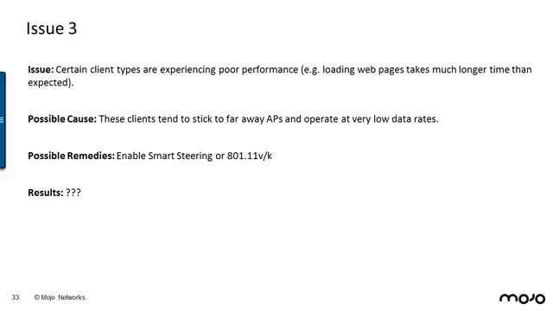The client would operate at a higher data rate, and that would improve the client's performance. But also, when you get all the clients operating at high data rates, that improves the aggregate capacity of the cell, or that AP, that radio in general, right? So one of the things you could do is enable smart steering or 11k and v if the clients support it. But smart steering is something that you can do even if the clients don't have support for k and v. Again, that'll keep track of the clients and the APs that the clients can see,